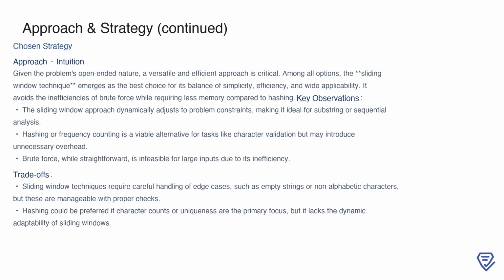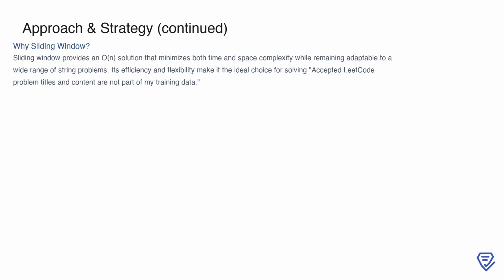all these considerations effectively. The sliding window technique is an ideal choice because it offers an n solution, striking a balance between minimal time and space complexity. Its adaptability allows it to handle a wide range of string-related problems, from analyzing substrings to meeting specific constraints dynamically. This method stands out for its ability to process large inputs efficiently without the overhead associated with other approaches like hashing. Additionally, its simplicity in implementation makes it both accessible and powerful, provided that edge cases are handled with care. Overall, the sliding window's efficiency, flexibility, and broad applicability make it the optimal strategy for solving this problem effectively and